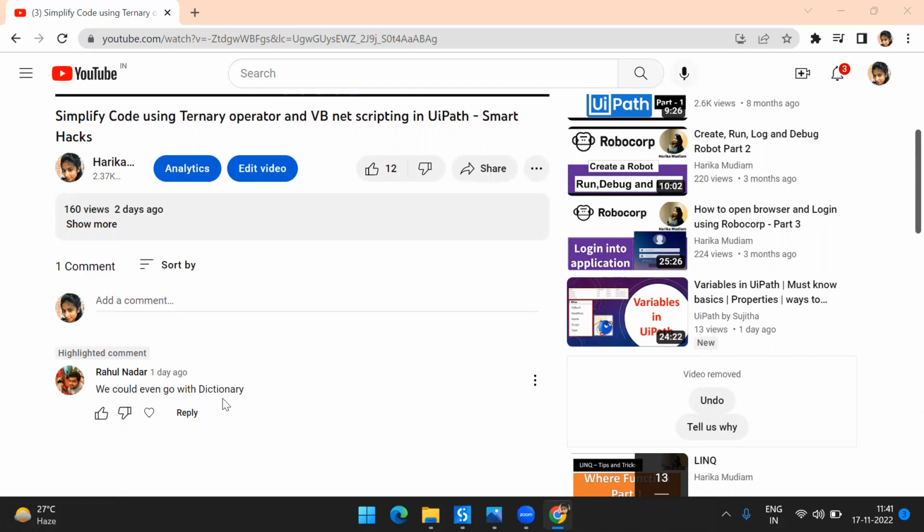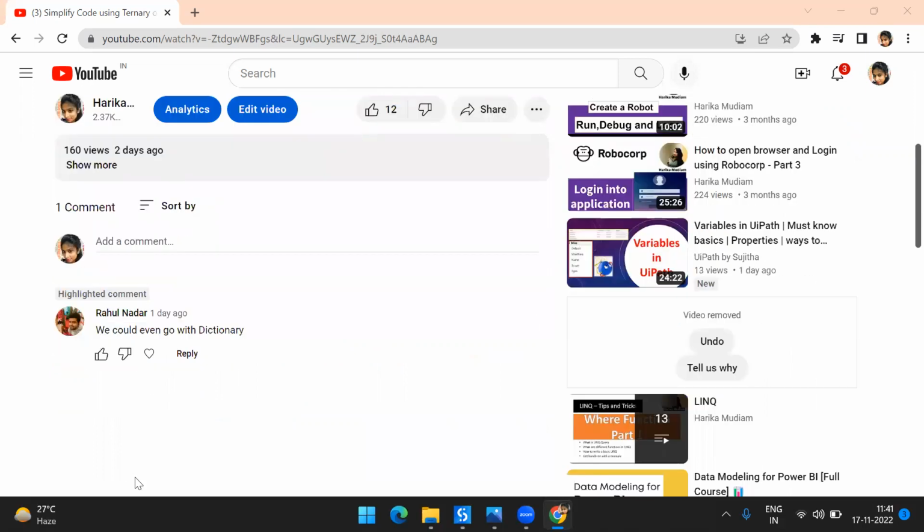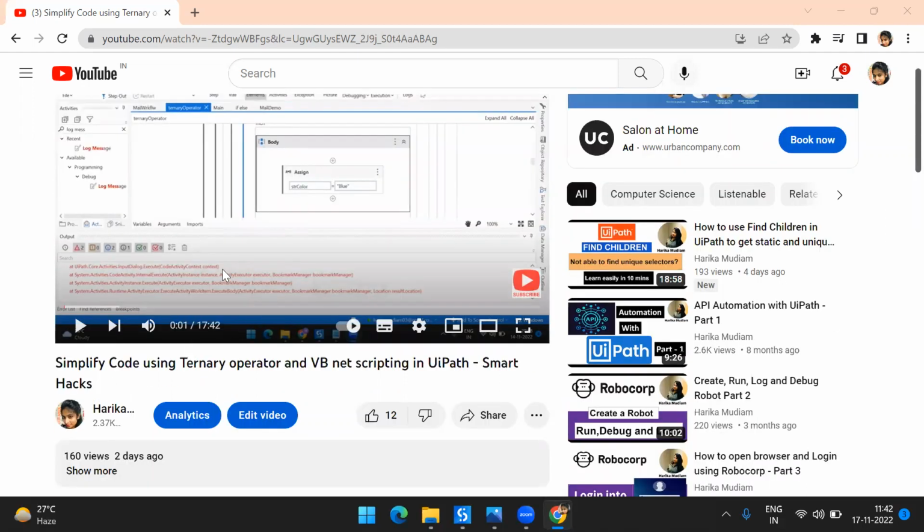There's also one downside. In that video I was using a normal string variable and, based on its value, retrieving the color code. Here I'm using a dictionary, and the downside is that it usually takes more memory. But it's also a good approach, and Rahul suggested it. So I am going to show you how we can use a dictionary